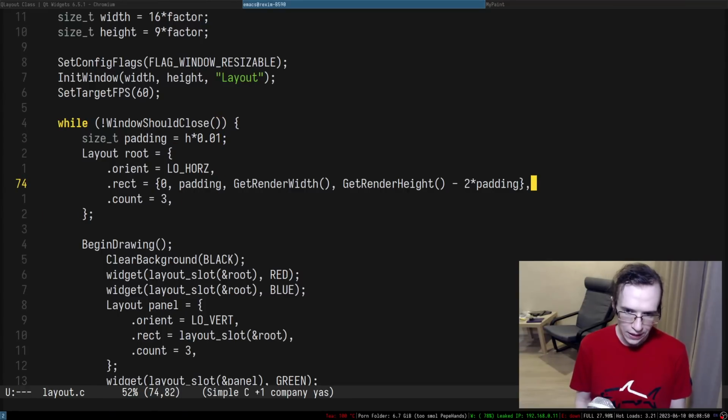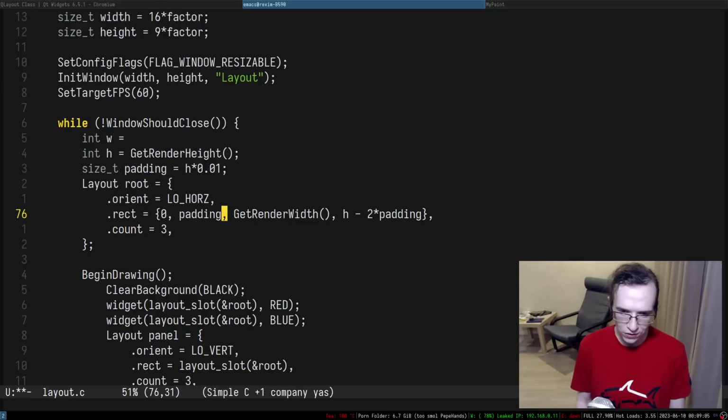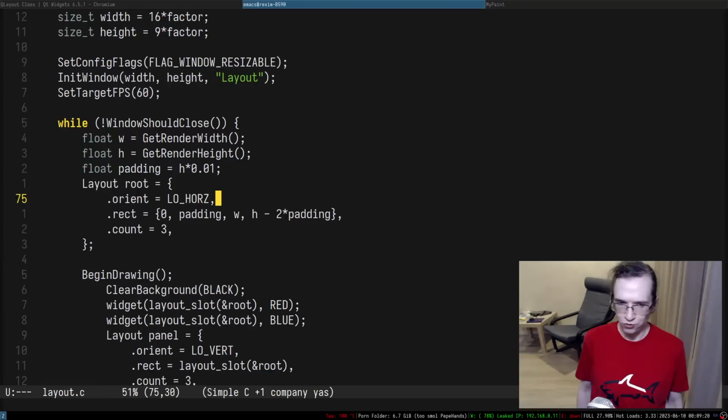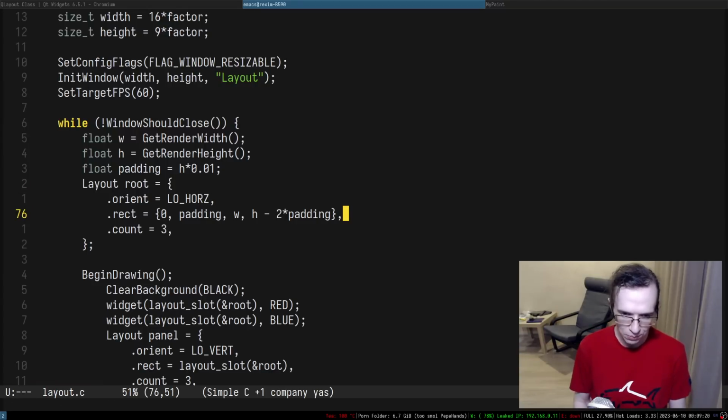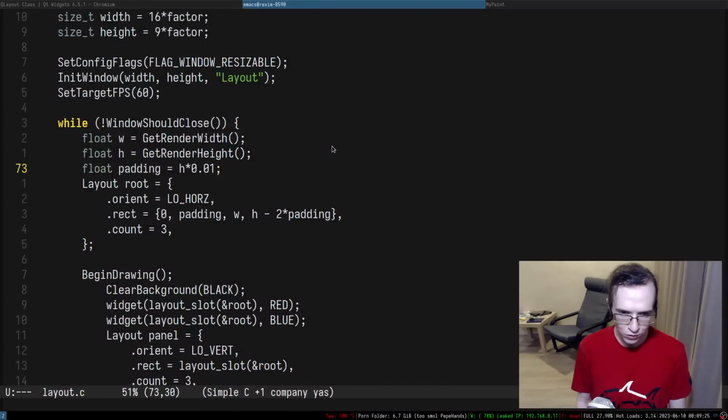Okay, so what we have to do, we have to take... Ooh! So yeah, I need the height of the window, which means that I kind of want to factor out the height into a separate variable in here. Alright, and since I already factored it out, maybe I can do that with width as well. Right, so let's actually do that with width as well. And in here, maybe this has to be float, and I'm already starting to use floats. Maybe this stuff is also going to be float, right? So floats infected everything, that's basically what happened. All right, so yeah, this stuff kind of worked, but I suppose this thing has to be a little bit bigger. There we go.